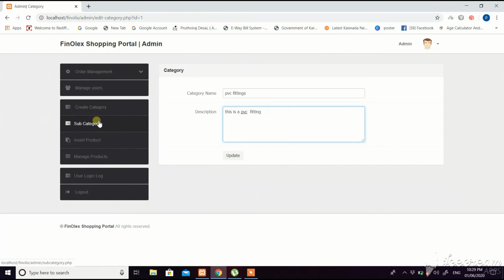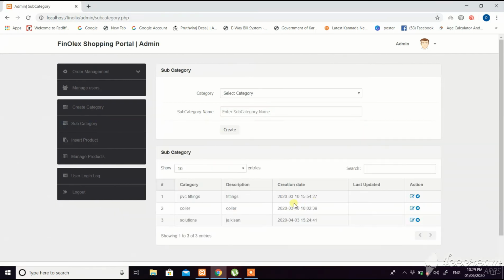In the subcategory we can also add other products which are subcategories of the main products. So we have to select the product's main category here, enter the subcategory, and create the product.